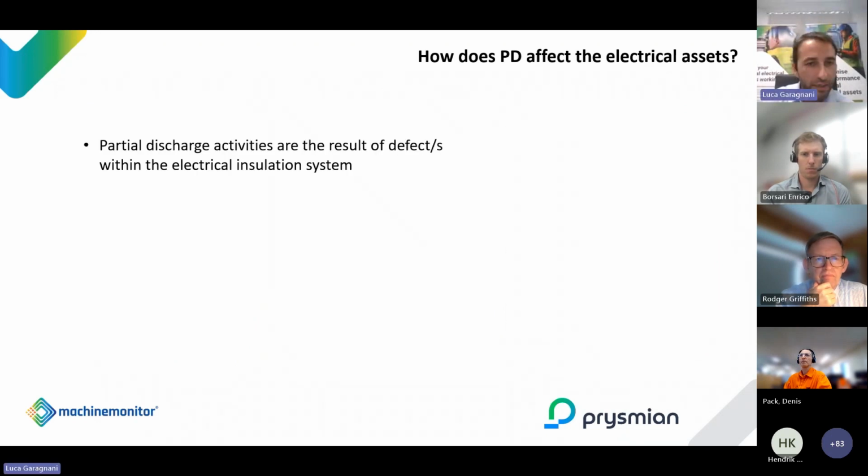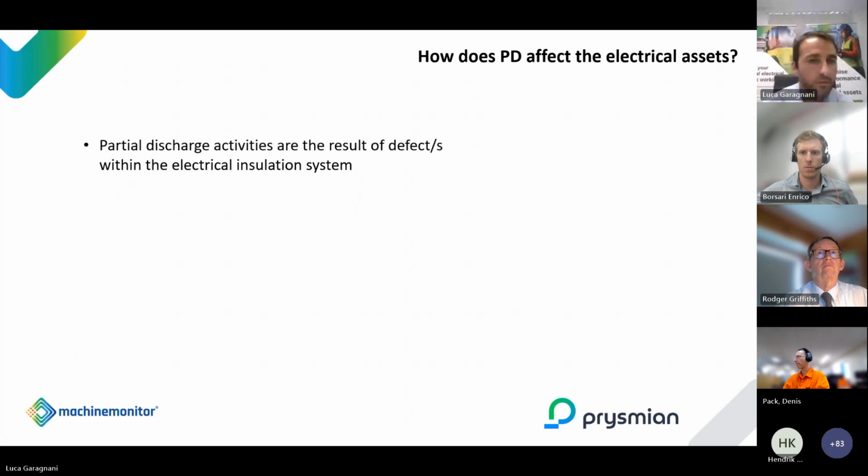So just to summarize, which I think is very important, the partial discharges are the result of a defect that you have within your electrical insulation system. So they are never the cause of the defect. They are always an effect that comes out due to the presence of a defect, and that defect is in a position where you have, in certain conditions, an electrical stress that exceeds the dielectric strength of the air insulation,